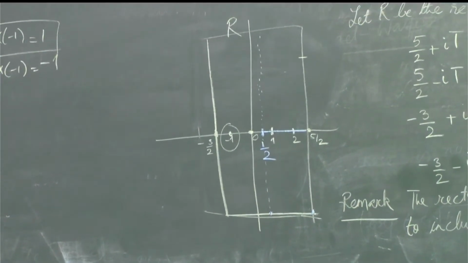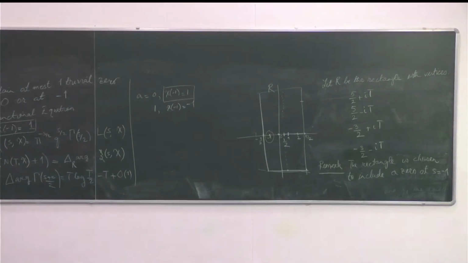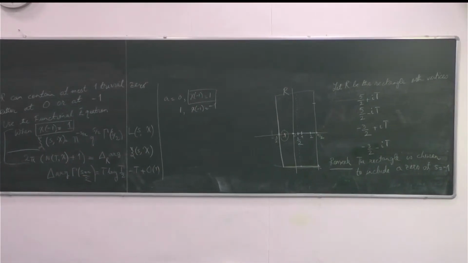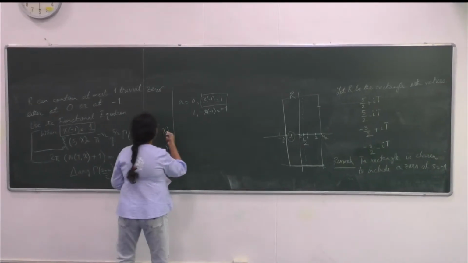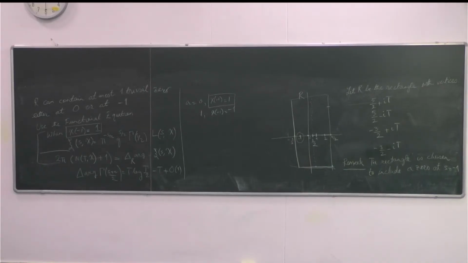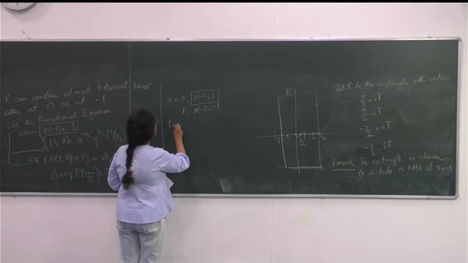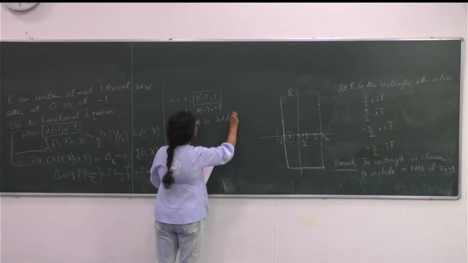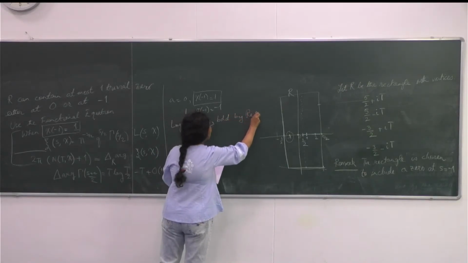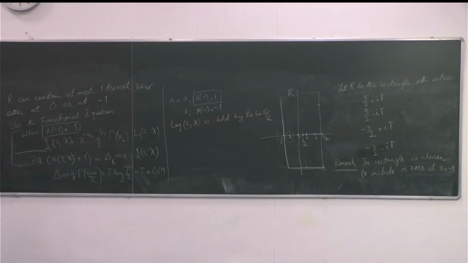And now you know that log L(s, chi) is bounded for real part of s equal to half. So log L(s, chi) on real s equal to half by 2. So this gives me the,